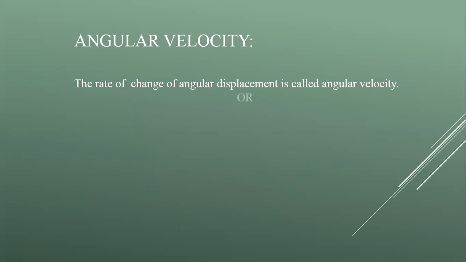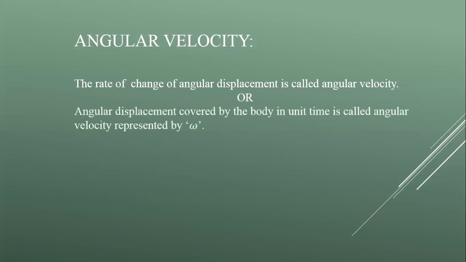In other words, we can say that the angular displacement covered by the body in unit time is also called angular velocity, and it is represented by omega. इसको आप omega से represent करेंगे. For example, here there is an object which is following a circular path of radius r. Here r can also act as the position vector, and its angular velocity would be along the axis of rotation,